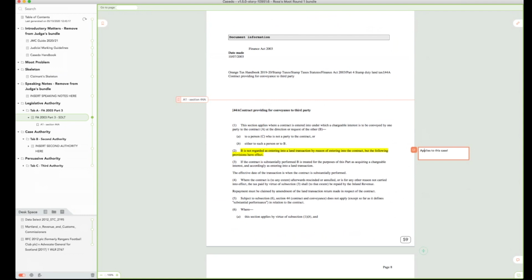Or whatever it is you want to say about that. I think probably in the context of mooting, this isn't going to be so useful for you. Certainly it's not the kind of thing you're going to be wanting to give the judge. But it might be useful when you're doing your research to add notes.